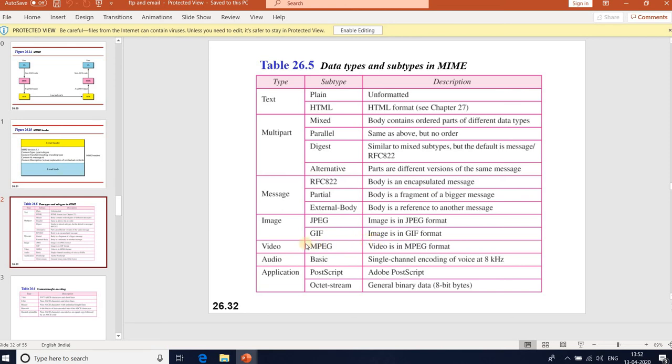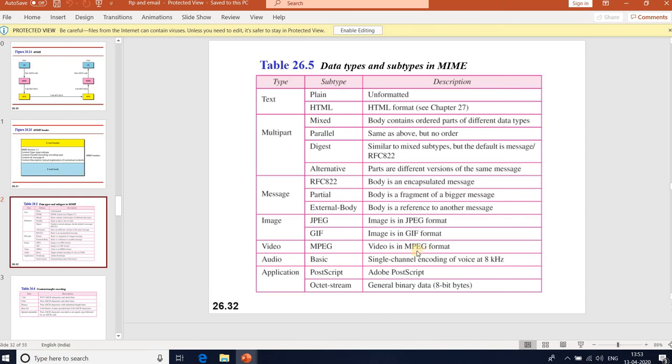Coming to the content type video, the subtype is MPEG. MPEG stands for Motion Picture Expert Group. The video is in MPEG format. It contains no sound; sound must be sent separately in the audio content type.